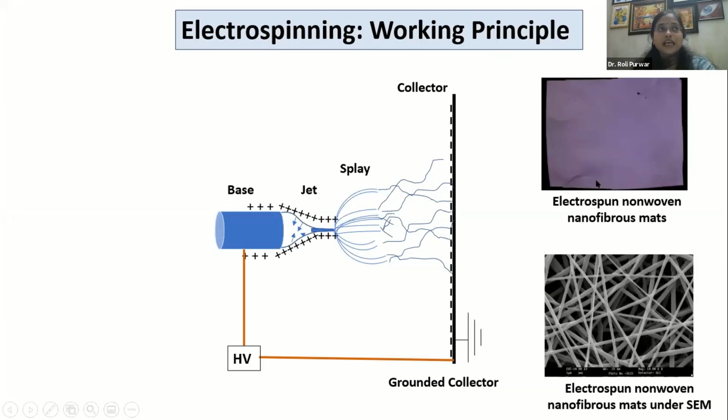If you look at these fibers with the naked eye, we cannot see them. So we have to have a specialized instrument to see the fiber diameters, and the instrument used to look at this diameter is known as the scanning electron microscope. And this is a picture from the scanning electron microscope, where we can see all the nanofiber structures. You can see this zigzag or crisscross form of the nanofibers deposited on the surface of the collector plate.